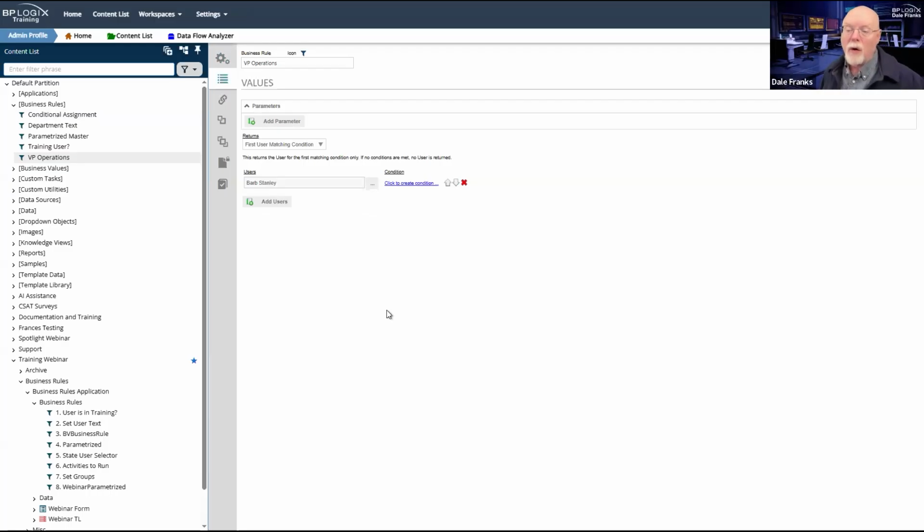Now, this is very useful. For example, if I want to have a lot of things assigned to Barb Stanley, I don't want to assign things to Barb directly. We always recommend that task assignment be done either by group or by business rule. This is a great use for that business rule.